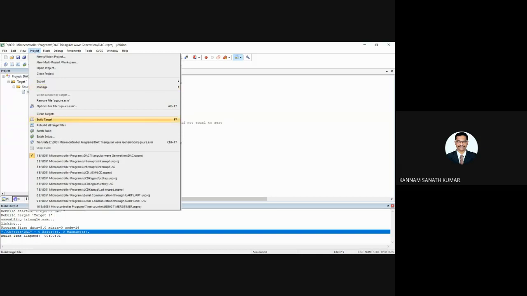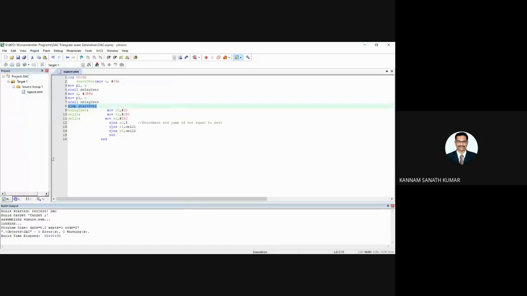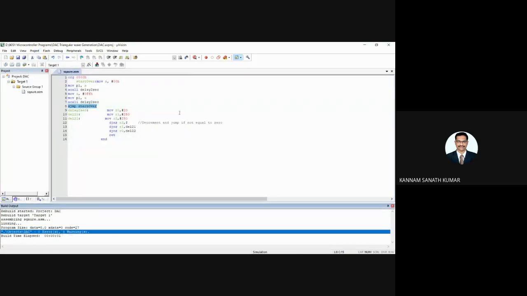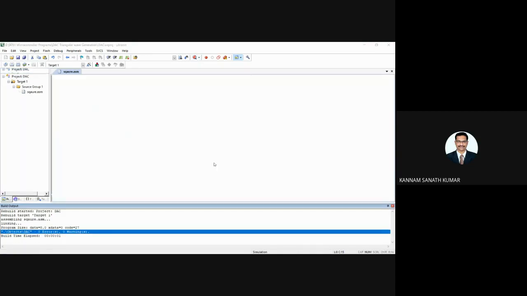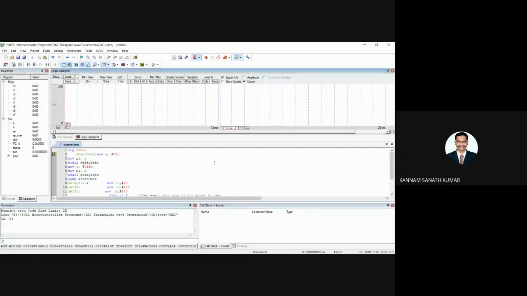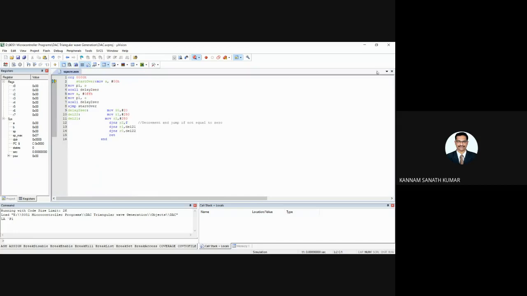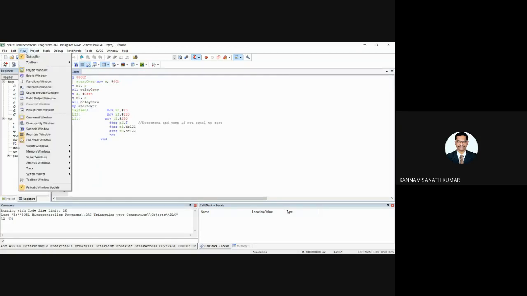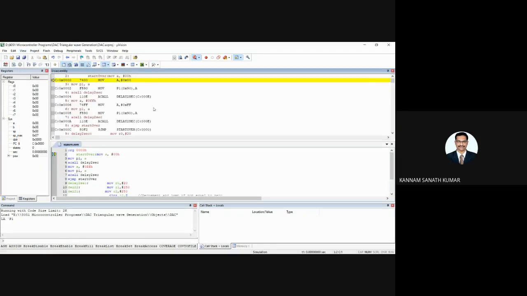Okay, so I'm compiling. Go to project, build the target. I'm getting 0 errors and 0 warnings. Project, rebuild the target. I'm getting 0 errors and 0 warnings. So go to debug. In which port do I want to generate the square wave? Port 1. You can view the disassembly window.